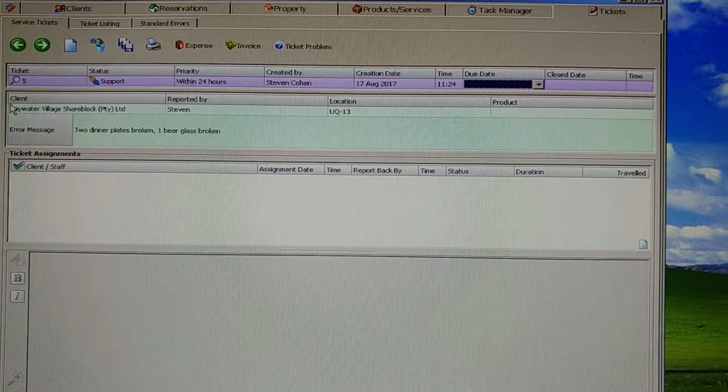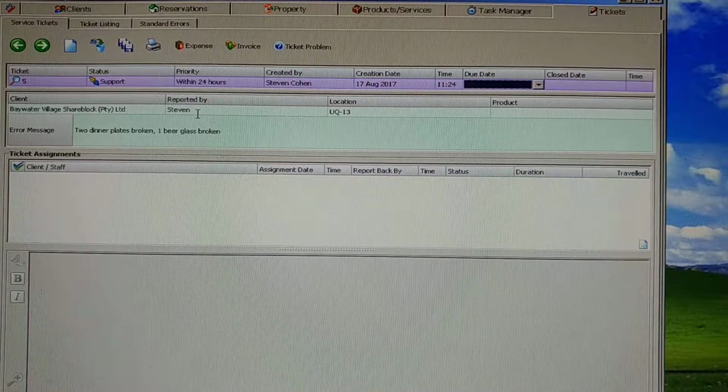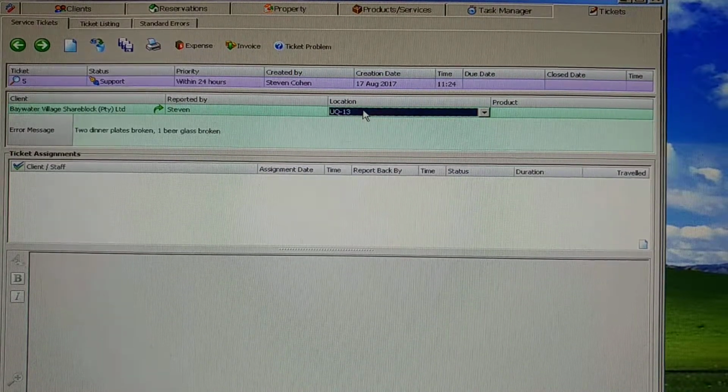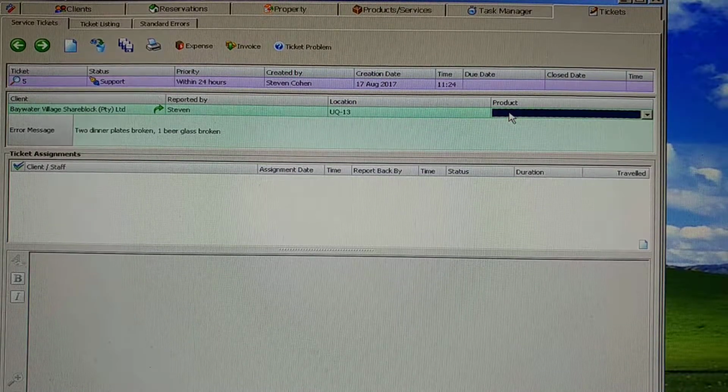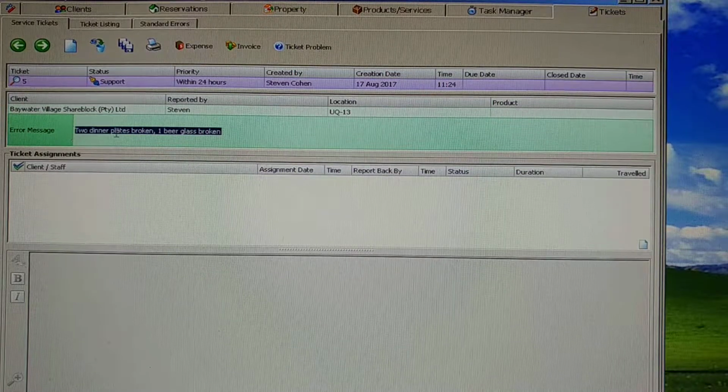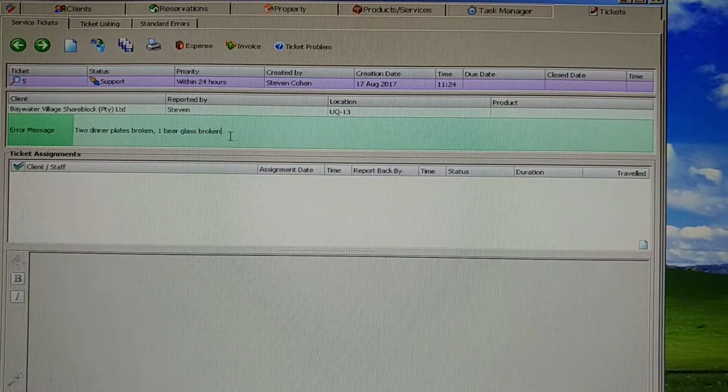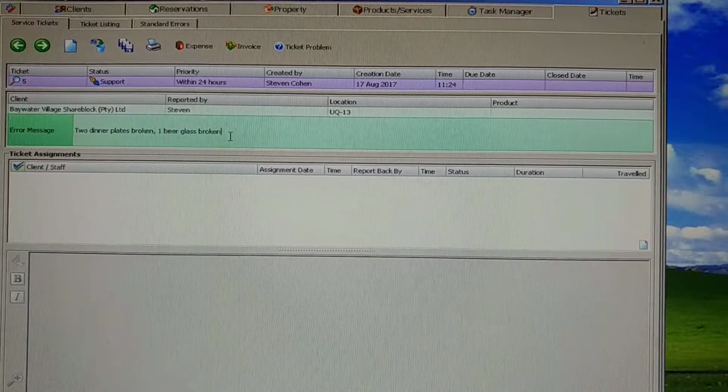The next field here shows you client. In this case it's Baywater Village. Who reported it? And under location it shows the actual unit number that needs to be attended to. Product will remain blank. Your error message is what you just put in, so 2 dinner plates broken, 1 beer glass broken. Now, the next step you need to do is assign it to a staff member to go and